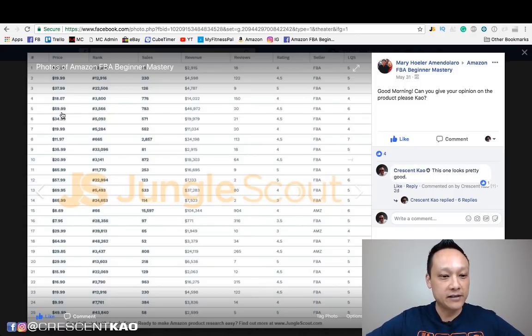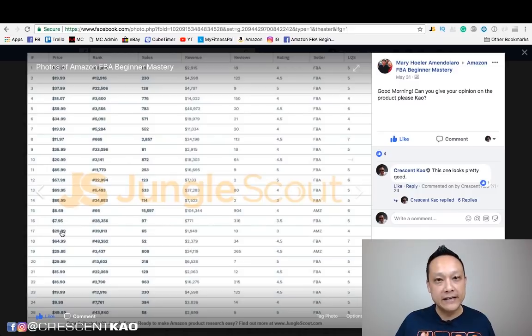If you look at the price, you want to make sure that the minimum price is at least $15. So look at the average of the top 10 or so and make sure you're able to sell this for at least $10. Okay, and looking at the average price here, it looks like the average is around $20 or more. Good, that's a pass. Now look at the sales. If 300 sales per month is what you're aiming for, then make sure the top 10 or more are averaging 300 units. And it looks like here, it's pretty close, okay? You can see here 700, almost 800, 5, 7, okay? It's pretty close, it's borderline, okay?